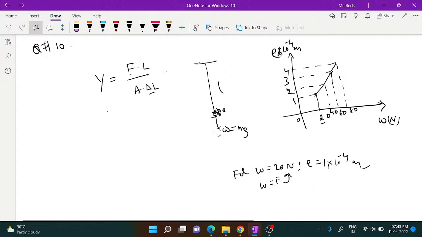So it is the figure, let us take clearly. Hmm? Yeah. So